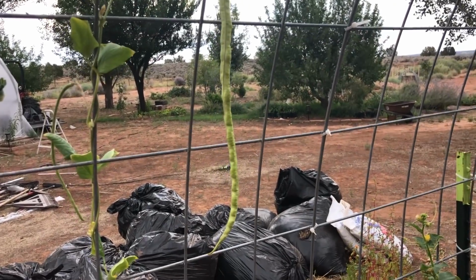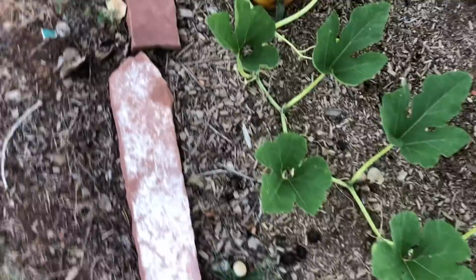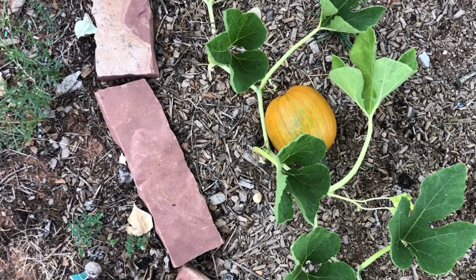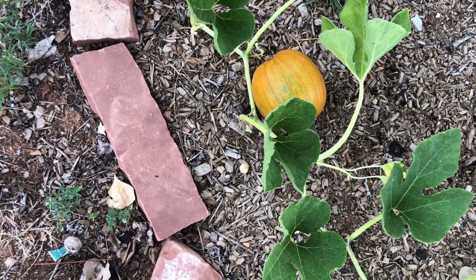So on to our other pumpkin plant. So here is our other pumpkin vine along the ground. There is the first one that came on, which is just a little bit smaller than the one that I just picked. So we're going to give it a few more days, probably 3 or 4 weeks, and it'll be